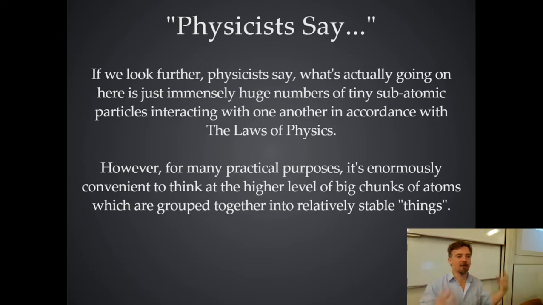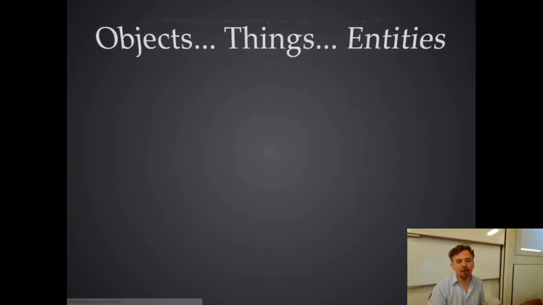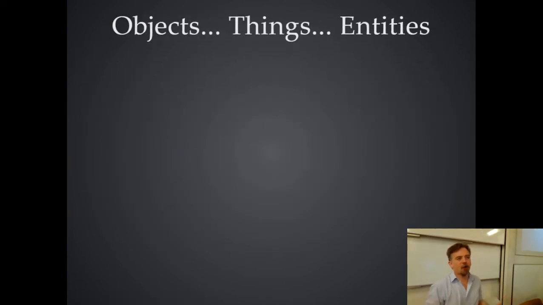And so we chunk them up. We deal with some higher level thing. We take a whole bunch of atoms that happen to be sticking together in a fairly friendly manner, and we do it at that level instead. And we tend to call those things objects, or that's one of the things you can call them. You can call them what you like: objects, things, entities. What's important to realize is there's no hard and fast rule as to what they ought to be. It's a decision of practicality in a lot of ways.